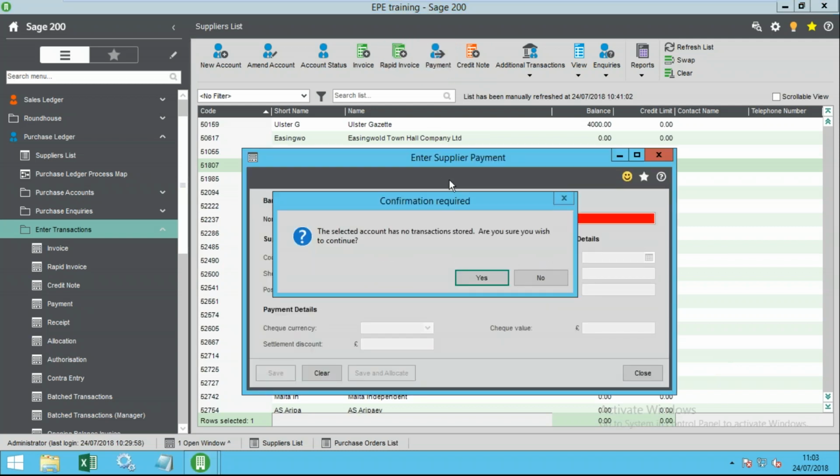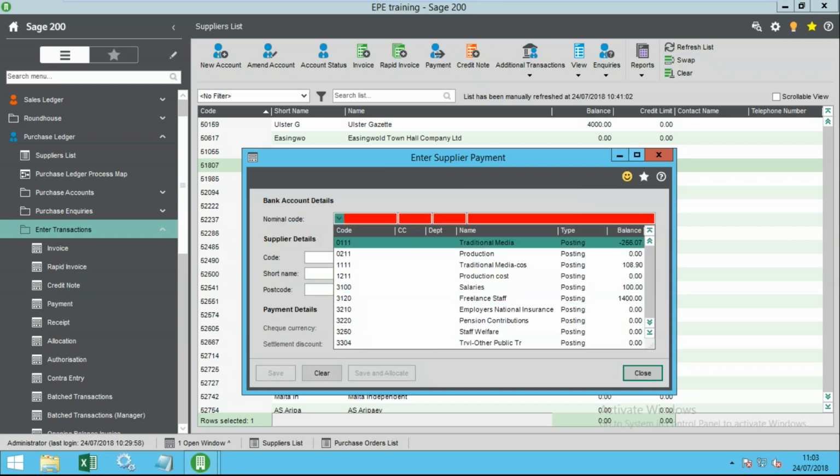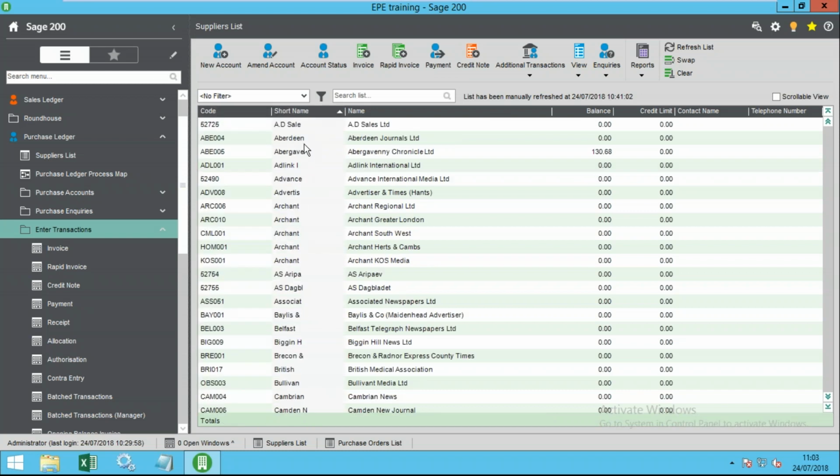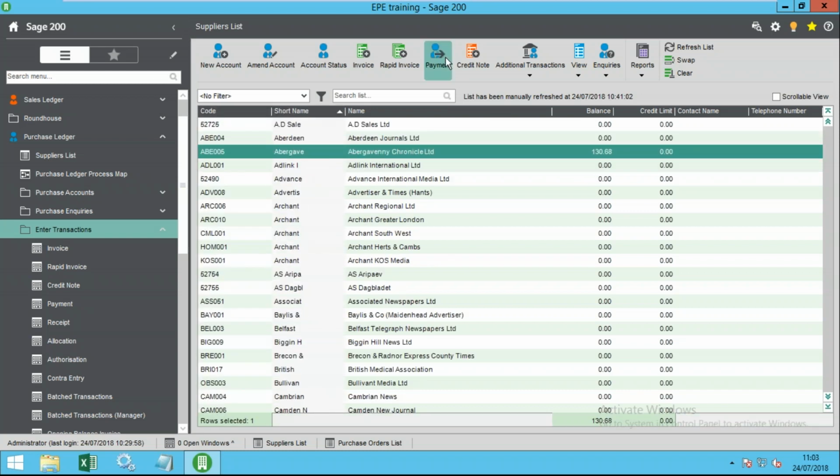So this one, sorry, let me come out of that. The important distinction with this one is it does not create remittance advice. So you would use this one for things like payment on account, or entering a direct debit payment, that kind of thing. So this does not create remittance advice. So if I do a payment for Abergavenny, because I know there's an invoice on there,